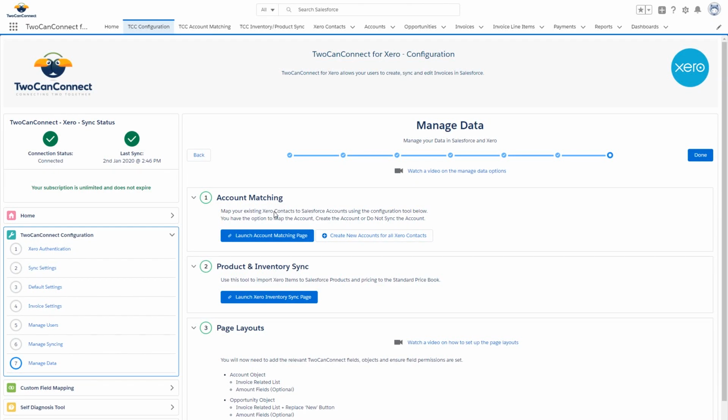The account matching tool is used to match your existing Xero contacts with your existing Salesforce accounts. In order for this to work, we need to make sure we have first completed a historic sync, which should have been done during the configuration. Once the historic sync has been completed, we can then either launch the tool or create new accounts for all